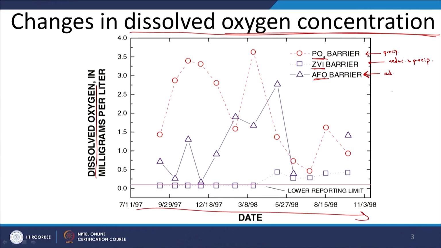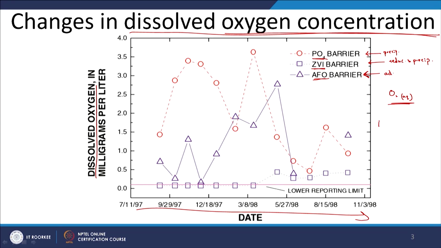So DO, what is it? Oxygen in the aqueous phase, in the groundwater. And how would this be affected? Oxygen is an electron acceptor, so its concentration would be affected when you have a relevant reduction or redox process involving oxygen. In the three types of barriers, one of the materials is a reducing agent, which is zero valent iron. So if you look at the data pertaining to the zero valent iron based system,